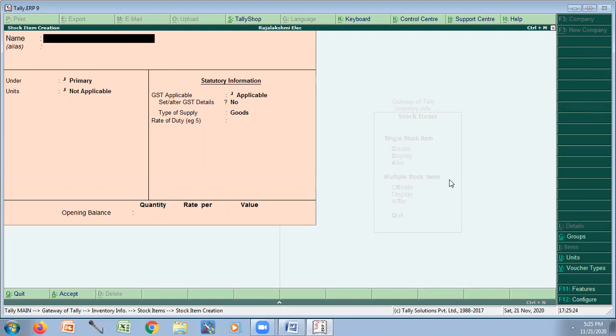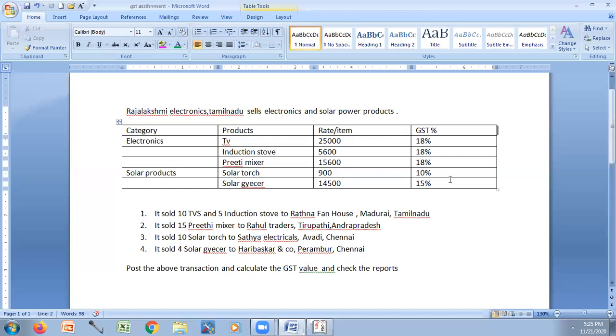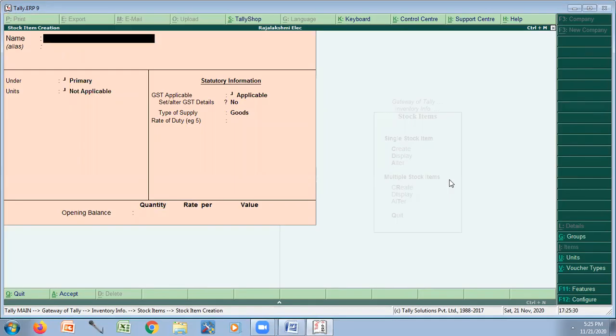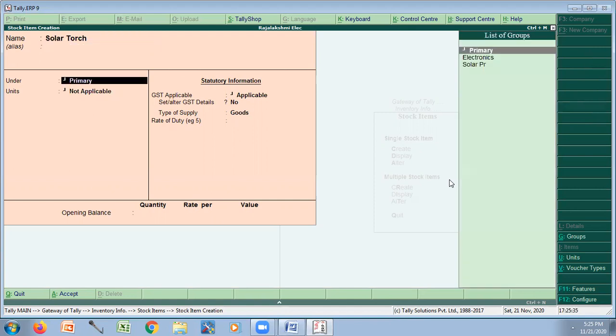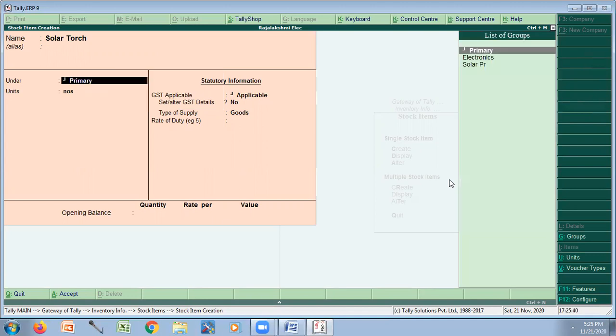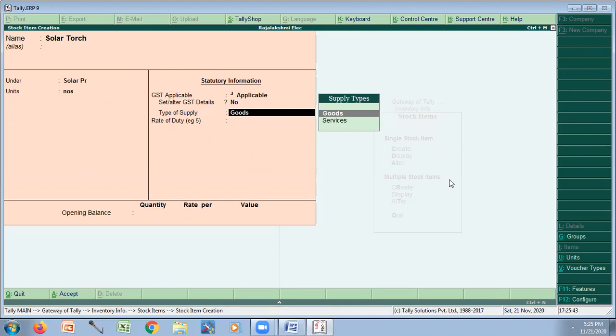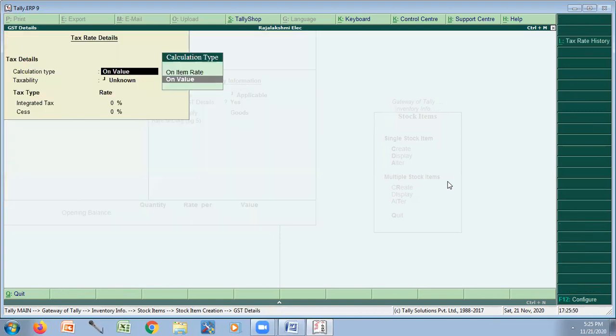And then likewise for solar, what is in solar? We have solar torch and solar geyser. So I'll write solar torch. That is under numbers, but that is under solar product. I'll give numbers applicable. Here, if you want to change the GST for it, you have to give a yes.